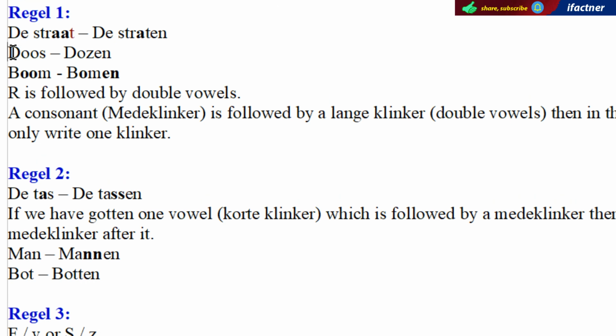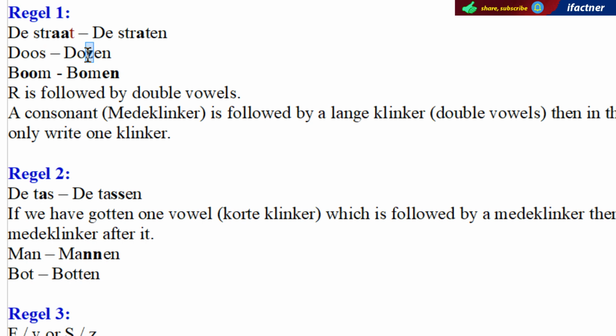Similarly, the word doors, that is a box, has two klinkers, that is, it has a lange klinker, and it ends with a consonant, that is, a medeklinker. Therefore, we have to omit one of the klinkers and add an N at the end, and doors becomes dozen. We will see why the S changes into Z in this word in rule